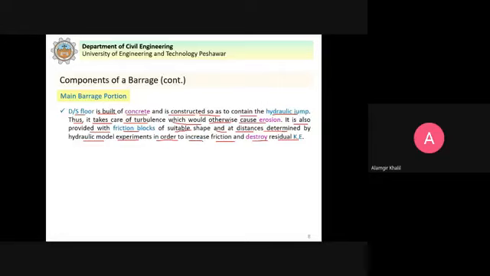Clear, we studied about the stilling basins, if you remember from the hydraulics course. There are 10 types of stilling basin designed by the USBR, United States Bureau of Reclamation. So this is what is mentioned here, that these are properly designed so as to contain the hydraulic jump and protect the downstream river bed and the structure itself against the scouring and erosion.